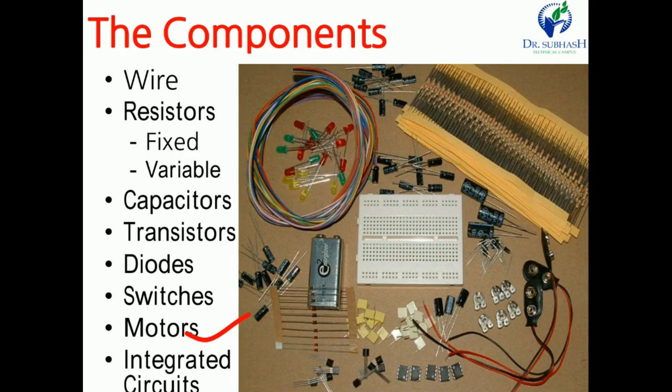Then the last one is the integrated circuit. It's simply called IC. Different components are inside one package or inside one main material. It is used to design a circuit or complex design. Different types of transistors and diodes are inside one chip. It's known as an integrated circuit. So this one is about different components.